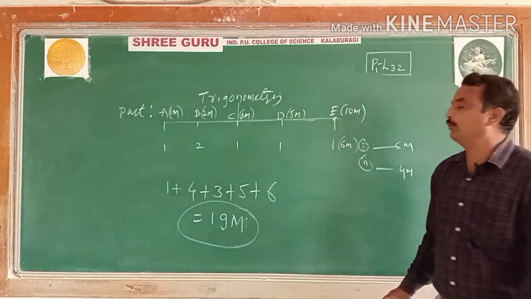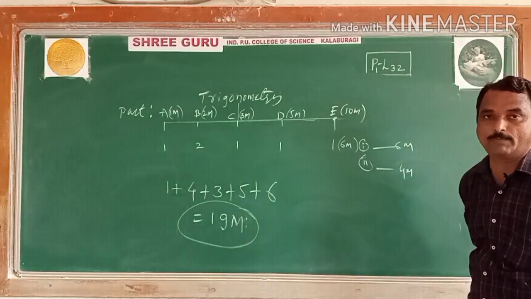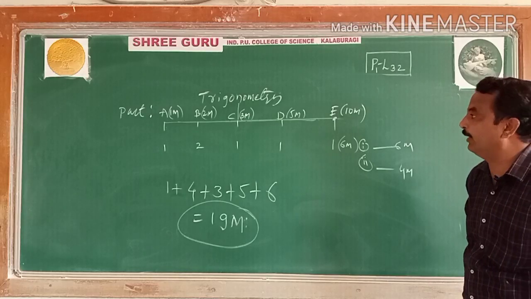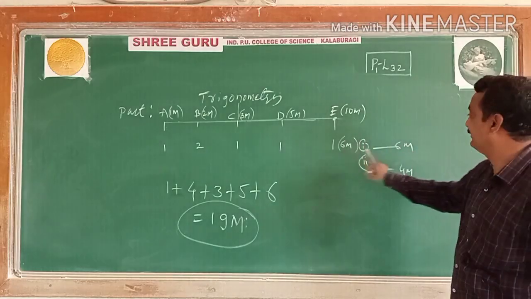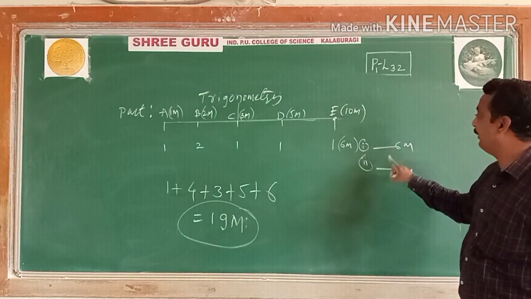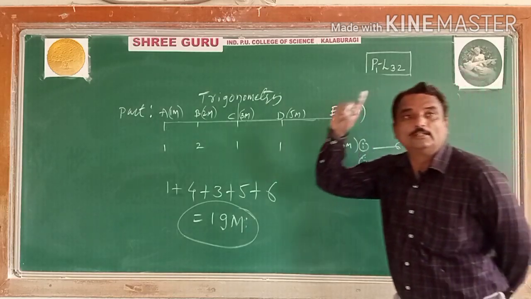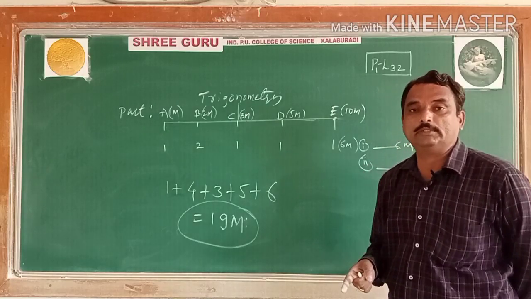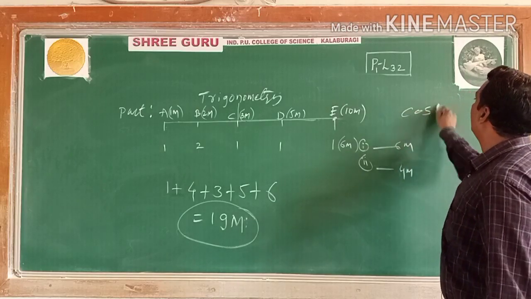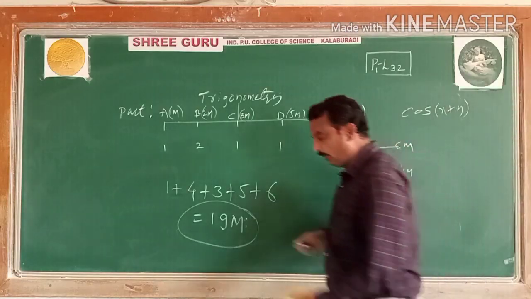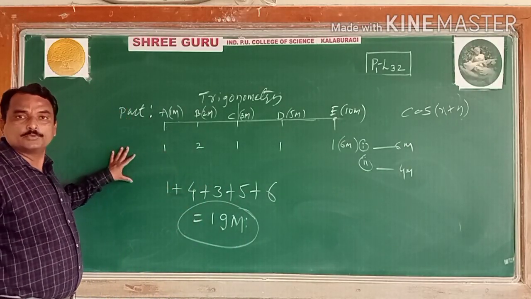Not approximately, there is no approximation, it is exactly 19 marks for your syllabus for the annual examination: 1 mark question, 2 marks question, 3 marks question, 5 marks question, and in the 10 marks also 1 question of 6 marks. They are divided into 6 and 4, 5 and 5, but it is 6 marks. Define that theorem, cos of x plus y theorem. That also I will tell. Prove geometrically cos of x plus y. So this is the mark distribution chart, students.